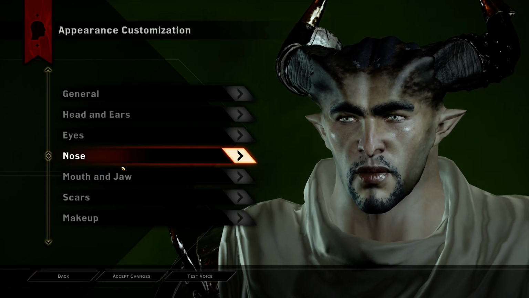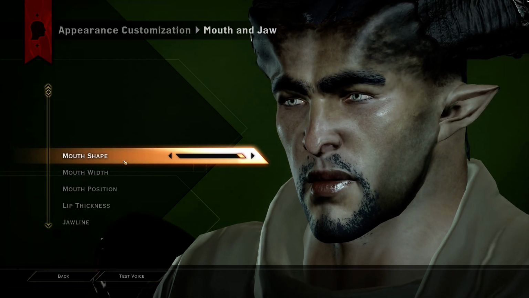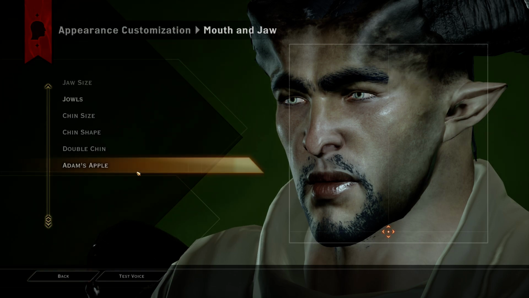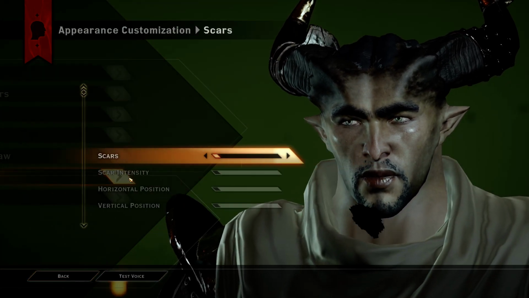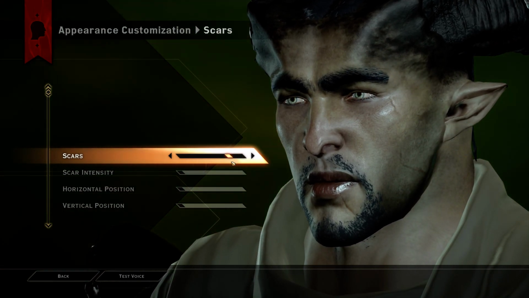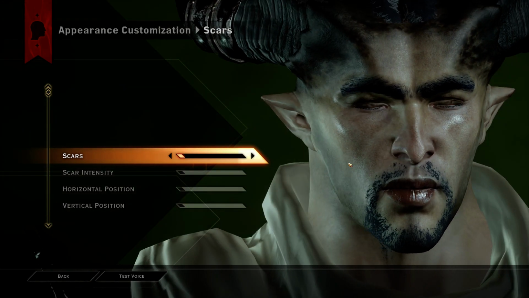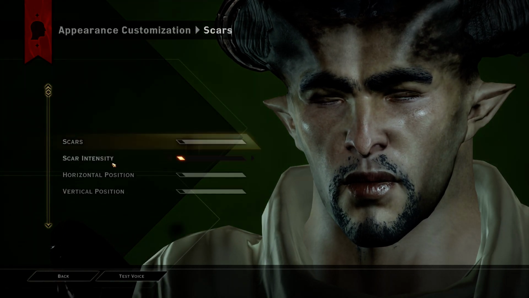Not sure what that means, but mouth shape, mouth width, mouth position. As you can see, Adam's apple even. Scars. We have a ton of options here, but I'm gonna leave my character unscarred. Scar intensity, position,